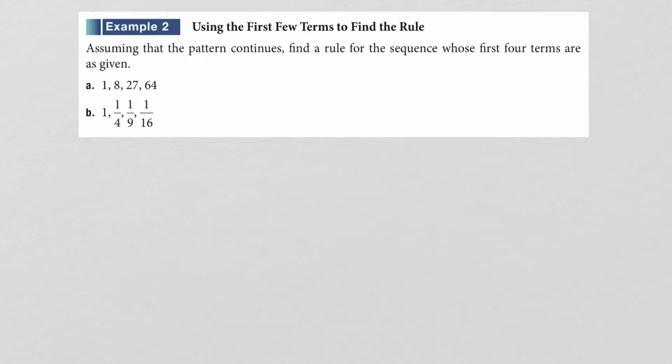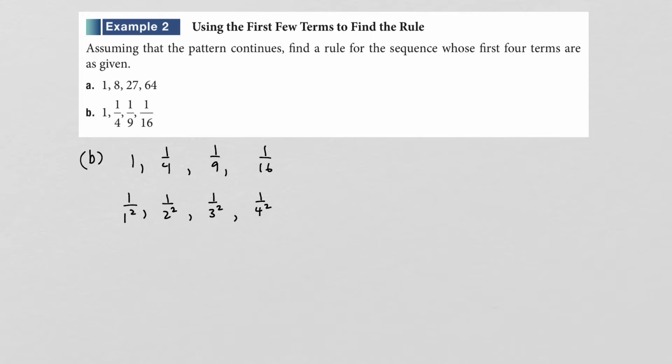Now for part B, we have the numbers 1, 1/4, 1/9, and 1/16. And first we need to try to recognize a pattern. And so 1/4 can be thought of as 1 over 2 squared. 1/9 is 1 over 3 squared, and 1/16 is 1 over 4 squared. And just to make sure the pattern makes sense all the way through, we could rewrite 1 as 1 over